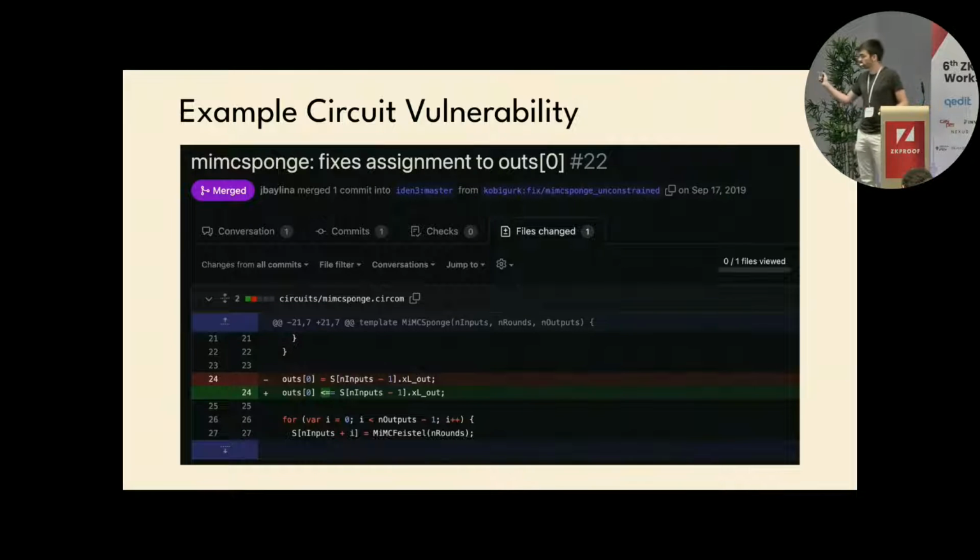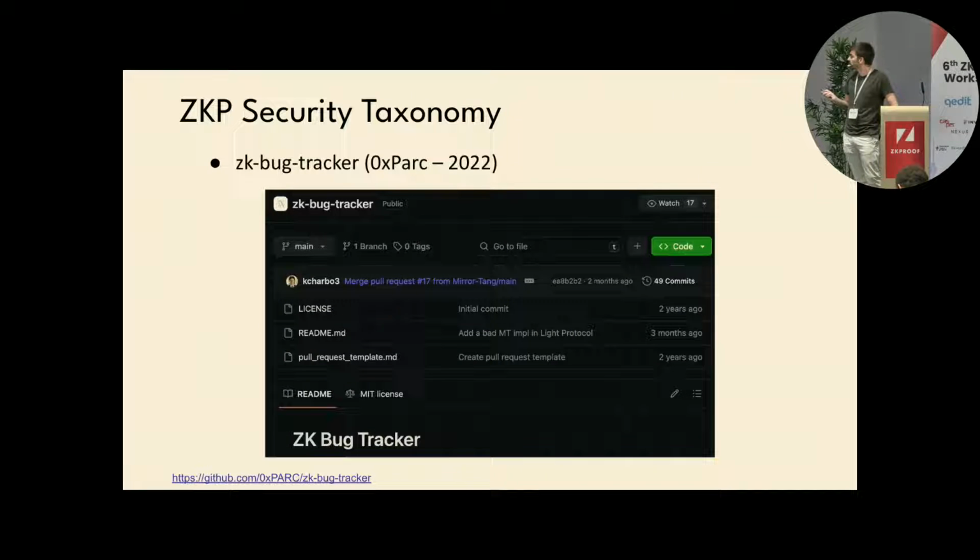But as we will see, some of the ZK vulnerabilities, in my opinion, are kind of easy to detect and potentially easy to exploit. Some others are way more complex, though. So we tried to understand how easy or not it is to detect those, but also exploit, because we have no exploit so far. Some efforts on doing a taxonomy for ZK vulnerabilities are the ZK bug tracker from 0xPARC,